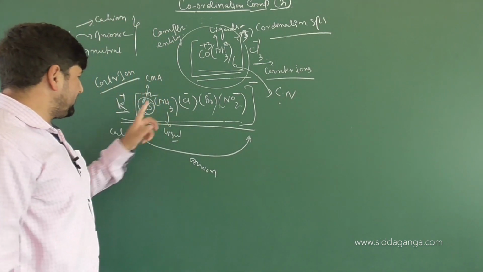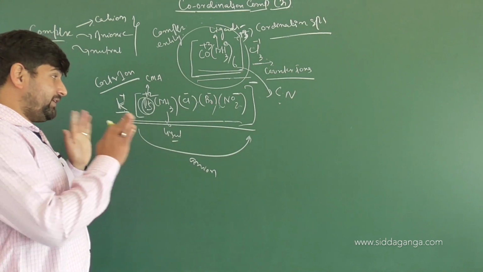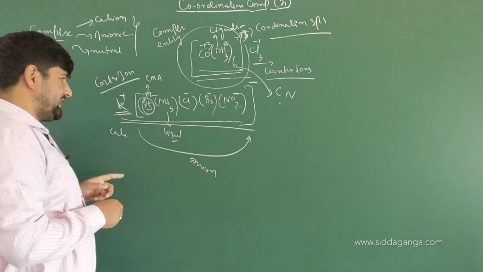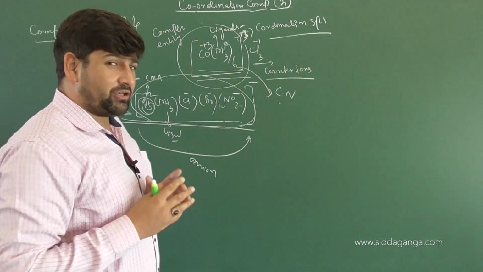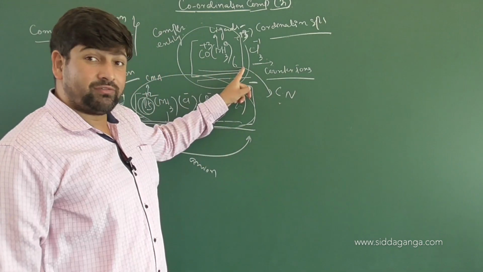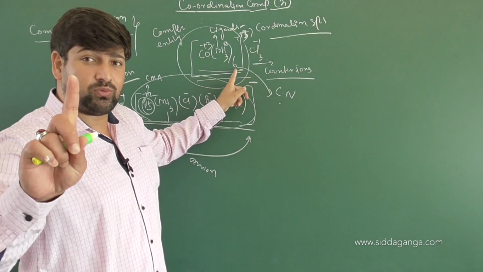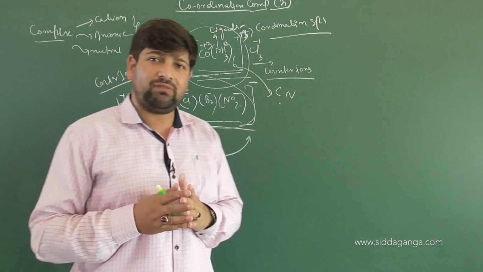Then you can see the second case here also. There is a counter ion, but it's a cation. So whenever you name this compound, you will name what first? Cation, followed by this whole entity. Remember, during the nomenclature of coordination compounds, the whole coordination entity is named as one. So this 6 represents what? Coordination number. But it's not always necessary.